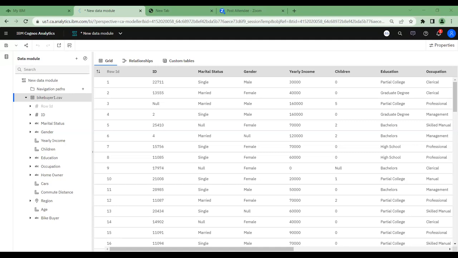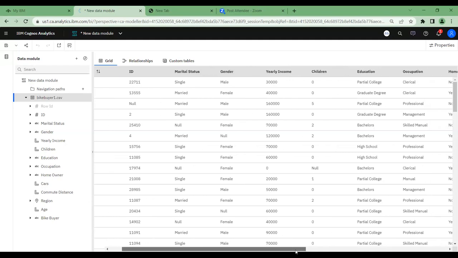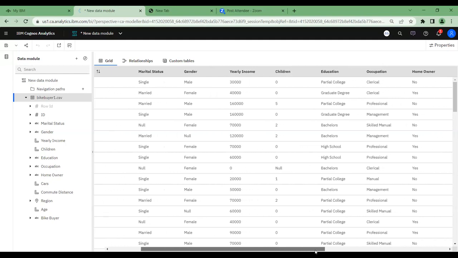Such data includes the ID of the respondent who filled the questionnaire, marital status, gender, yearly income, number of children, family size, and the education level of the individual, whether school going, high school, college, partial college, graduate degree, or further higher education.